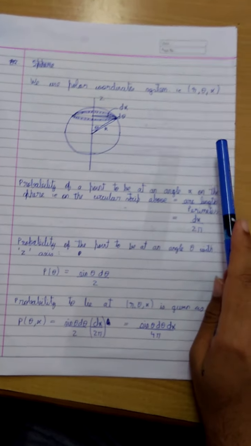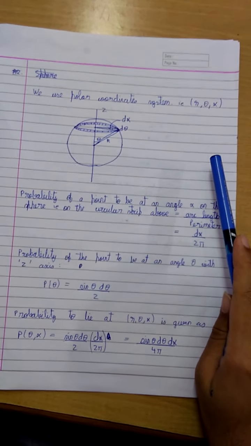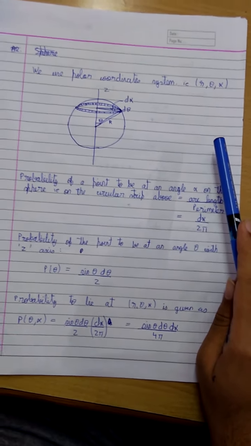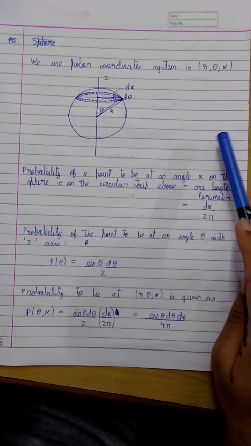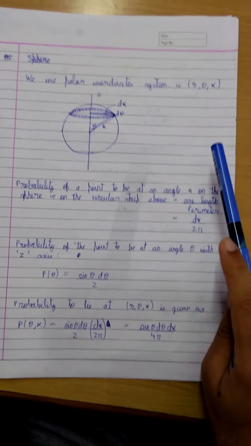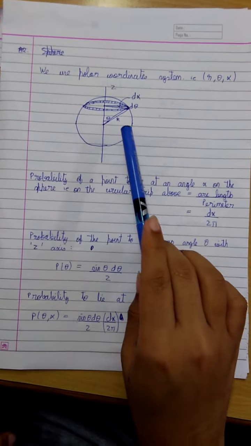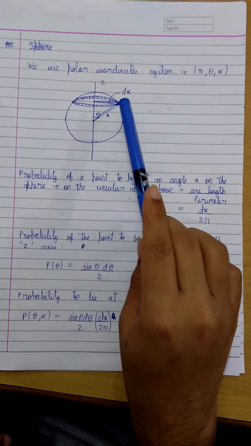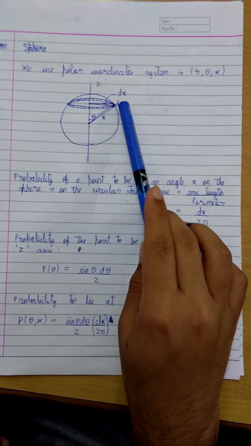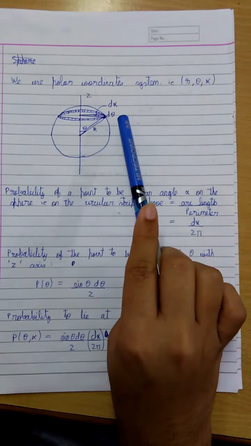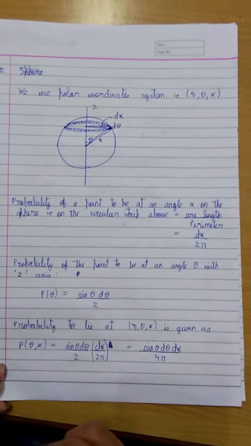Before solving this question, we will make one small assumption. This assumption is that the random walker moves a unit step length at each instant of time. Also, we will use the polar coordinate system for solving this question. Given a sphere, we can say that a point lies at r, theta, phi, that is, this point can be represented using the coordinates r, theta, alpha or phi.